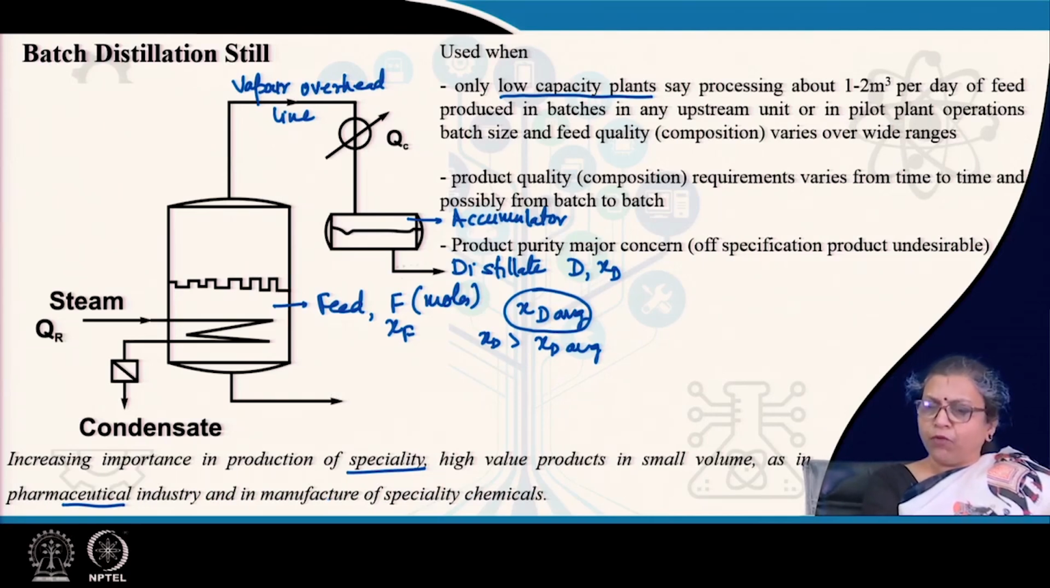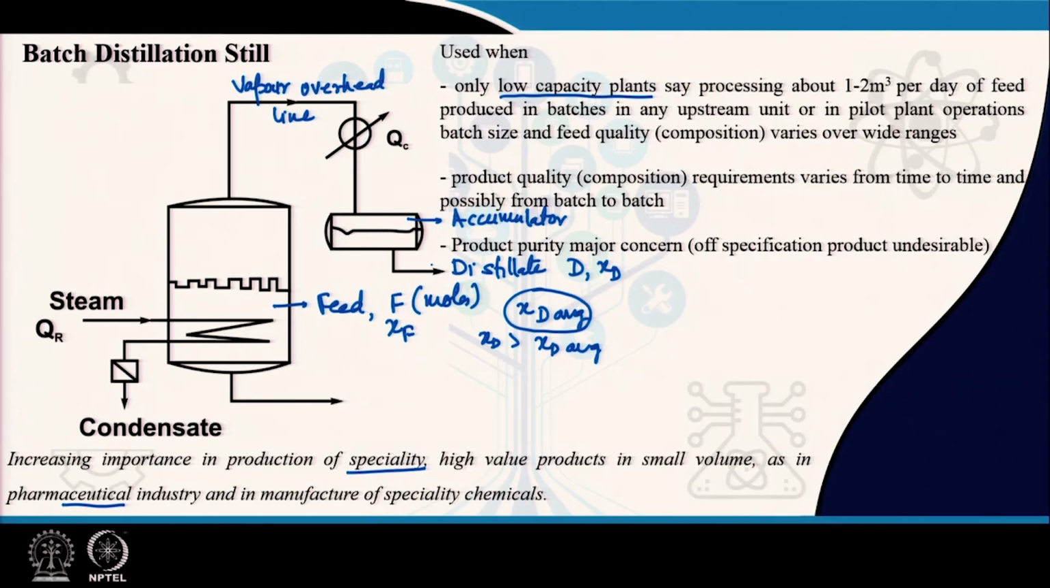You can monitor the product composition, and accordingly you can provide the product specification that is desired. Particularly it is important when the product purity is a major concern, and when off-specification products are extremely undesirable. So, you can see that we have reached XD average, and therefore, after that we will not proceed with the distillation. But normally when the product purity is a major concern, then we would like to operate with